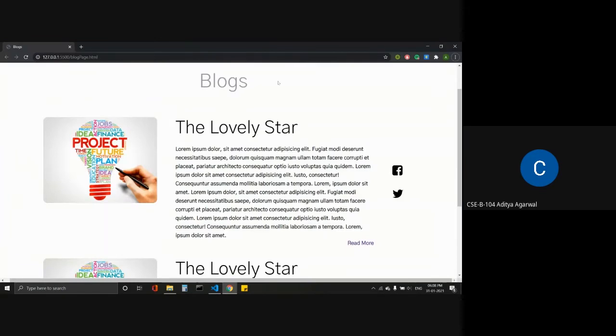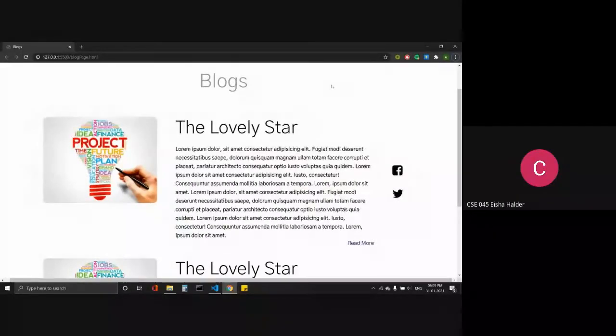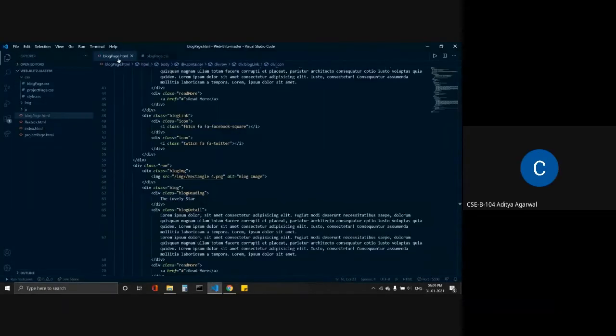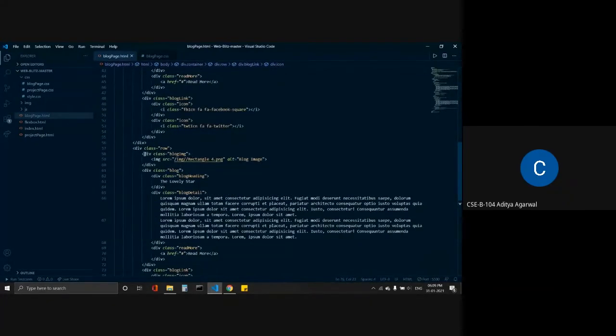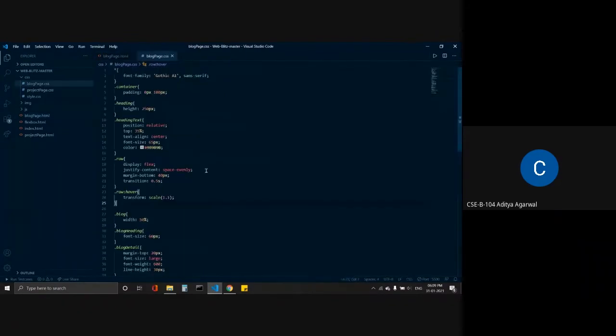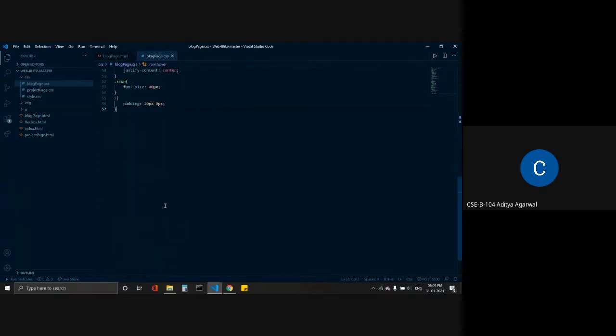Did everyone understand this animation part, or is anyone having doubts? Bhaiya, what if we just want to put animation on one particular section of the row, like only the image or the text? Okay. Let's suppose we want to add animation to this blog image. We will select this blog image instead of the row, like for suppose this, we will choose at the bottom dot blog